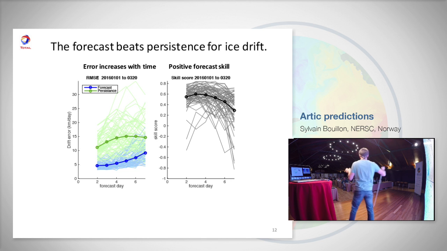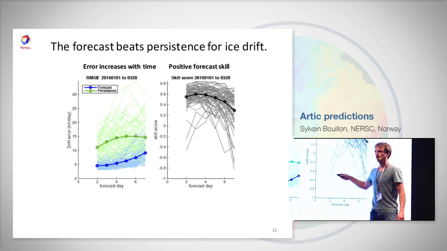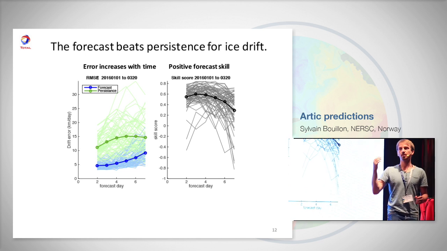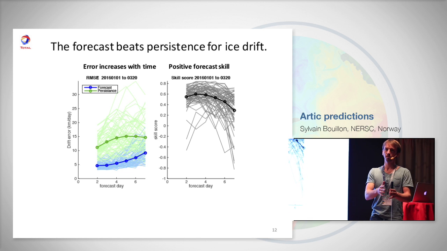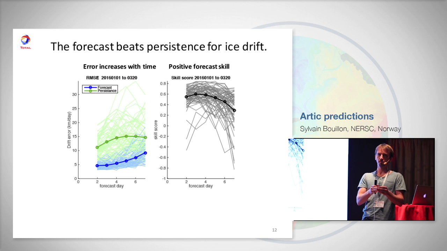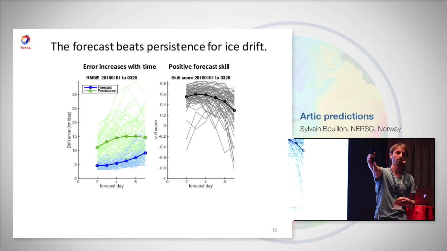So that's the length of our forecast. And we compared that to what was given by the persistence. So the persistence is just to take the ice drift of the day and to consider that the ice will continue to drift in the same direction